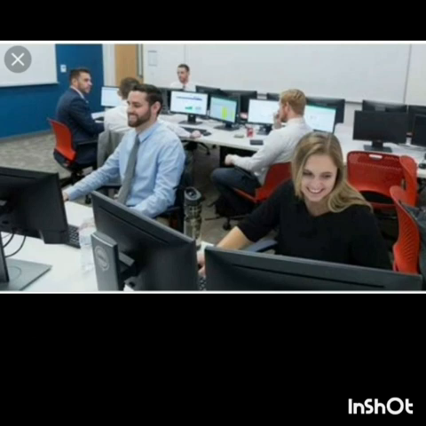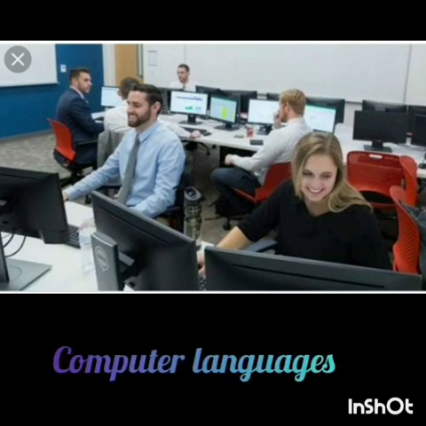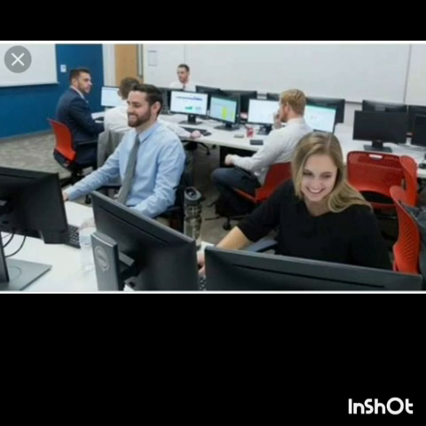There must be some language that we as well as the computer understand. So some special languages have been developed to communicate with computers, called computer languages. We give instructions to the computer in computer language and it gives results in a form that we understand.